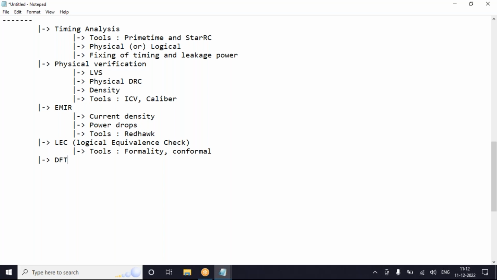And also for physical verification, we will integrate the ICV into the ICC2 shell, and we will be using it there itself. Instead of invoking it separately, we can integrate it to ICC2 shell, and we will be performing that particular physical verification.